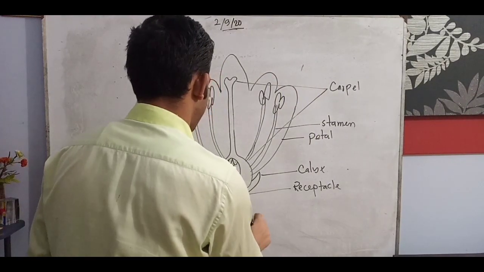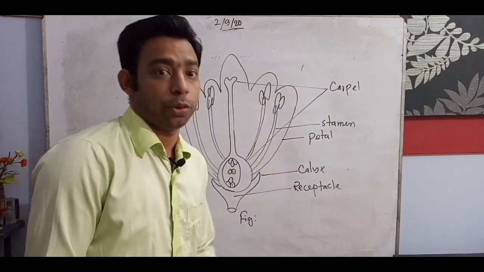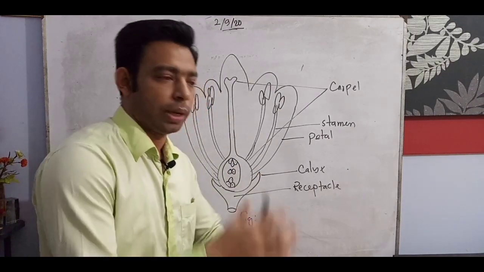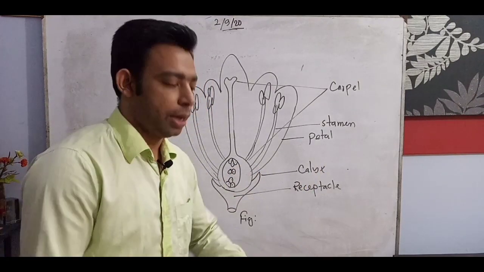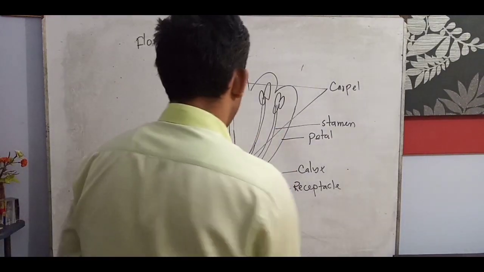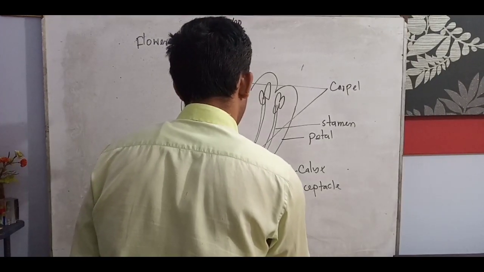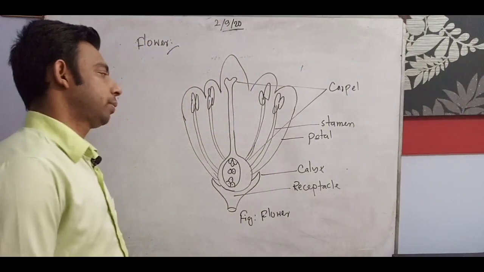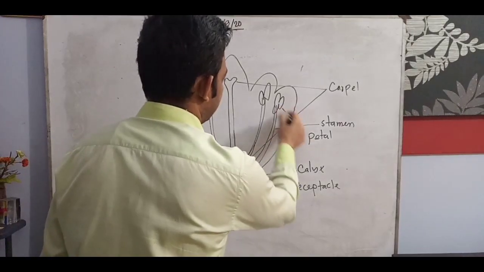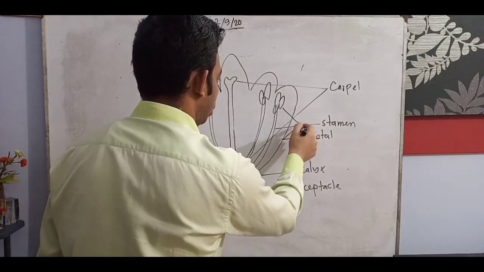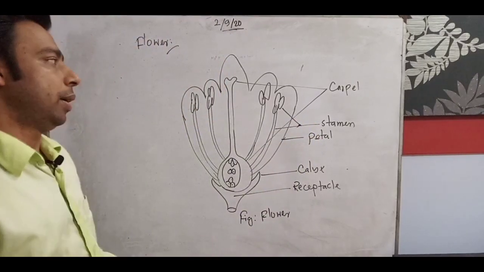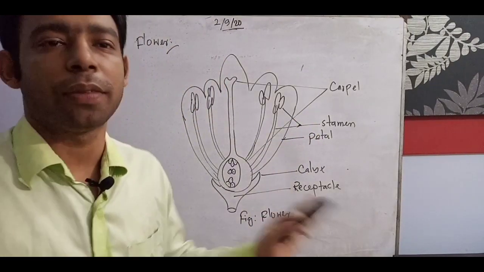If it is asking to draw the figure with marking parts for 3 marks, you can't believe that only drawing the figure with marking parts looking beautiful will be expanded, it will be bold. Your right drawing and marking the parts is very important. So the figure, the flower, a complete flower. If any of these parts is absent, at that time that flower is known as the